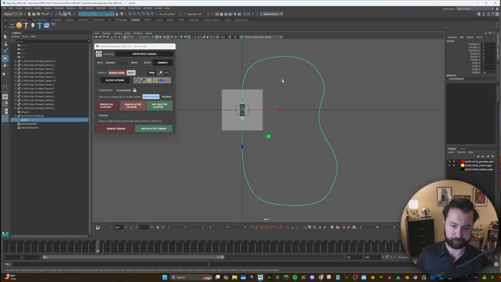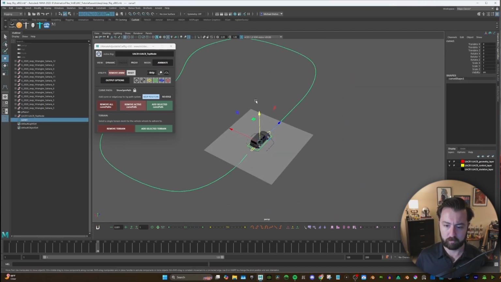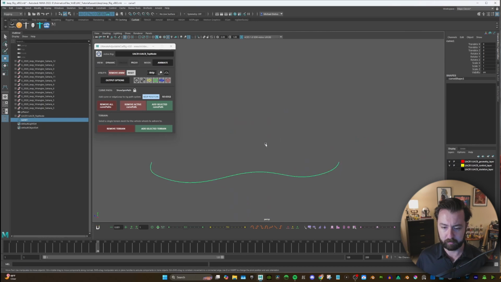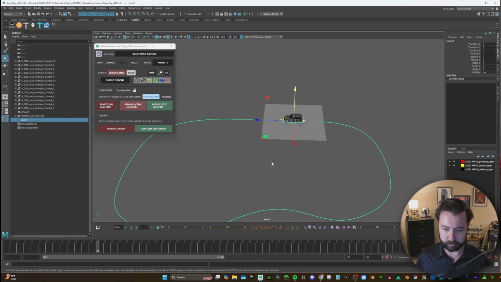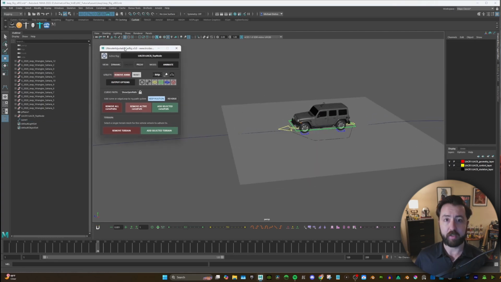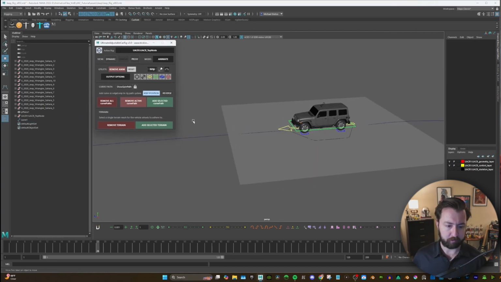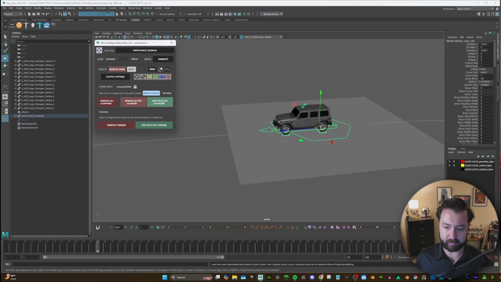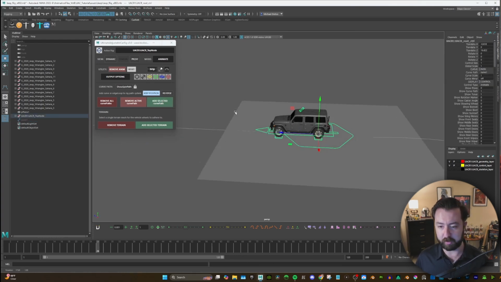And turn back. So I go back into here. This turn might be a little strange, but we'll see what it gives me. So in our window here, I'm just going to select the curve and add selected curve path, and it automatically